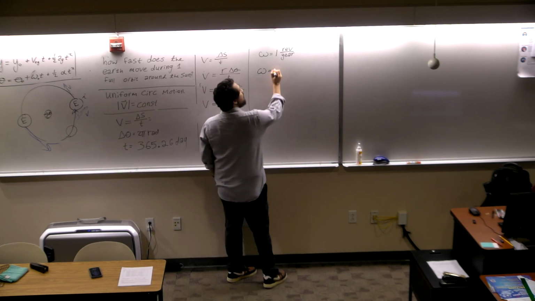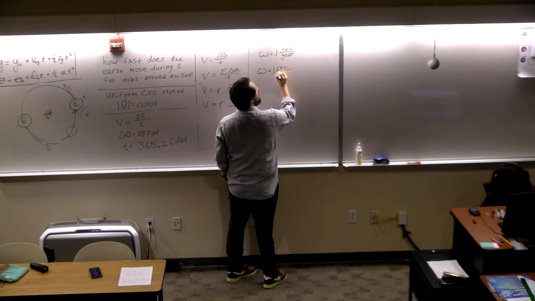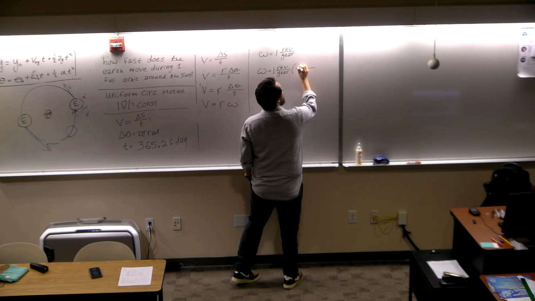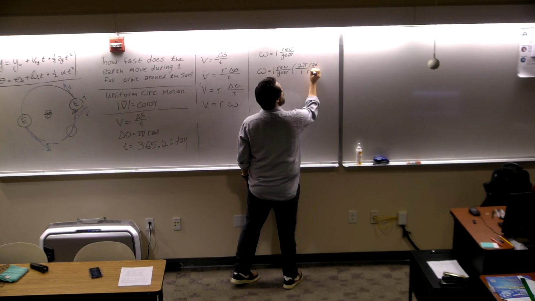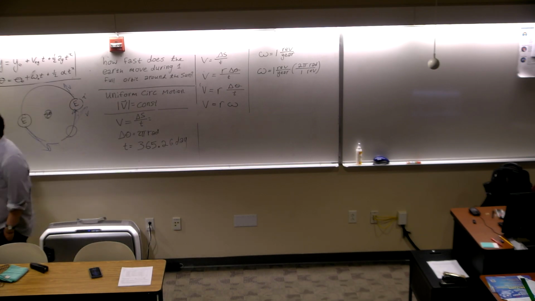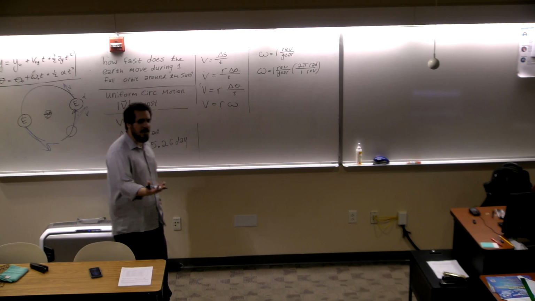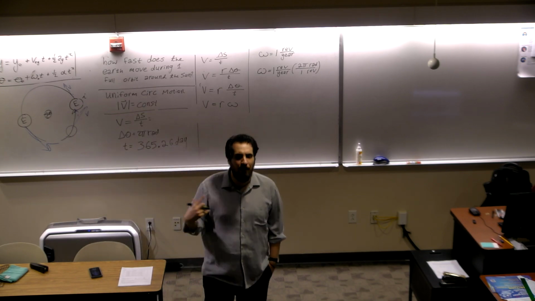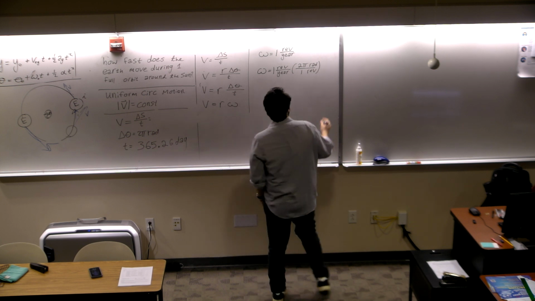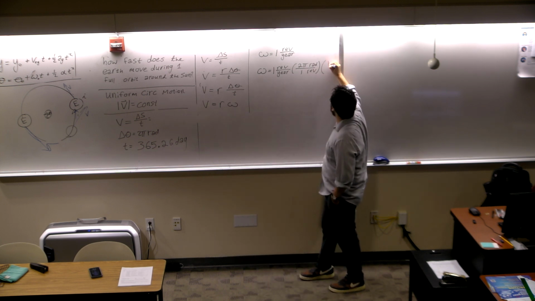Well, we have 1 revolution per year. We then take this and we say, I can convert to our SI unit of 2 pi radians per 1 revolution. And that'll put us in radians per year. 2 pi radians per year. Well, that makes sense. We undergo a full rotation, a full 2 pi radians in 1 year. That's good. We want to convert it to seconds. So we multiply it now by 1 year